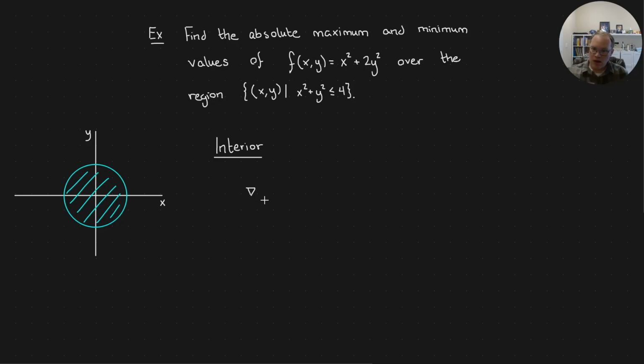That means it has a horizontal tangent plane, and so it might be the bottom of a local minimum and the top of a local maximum. And a local minimum and a local maximum would be a good place to check for an absolute maximum or an absolute minimum, right? So let's take the gradient of f, and then we'll set the gradient equal to 0 and solve. All right, so gradient of f, we have x squared plus 2y squared. If I take the derivative with respect to x, that's just 2x. With respect to y, that's just 4y. If I set that equal to the 0 vector,